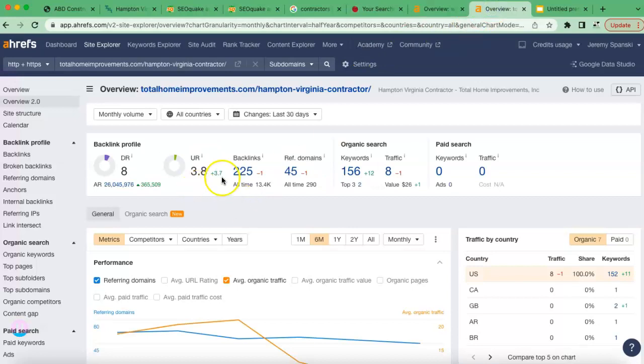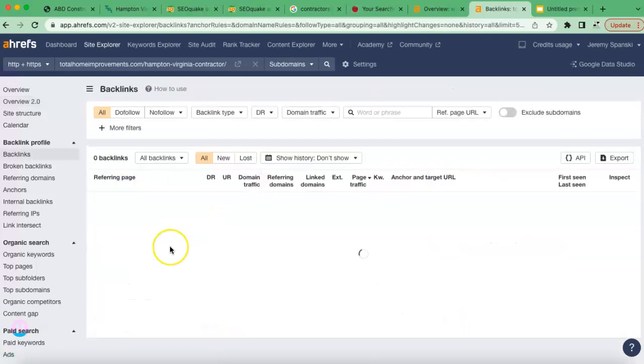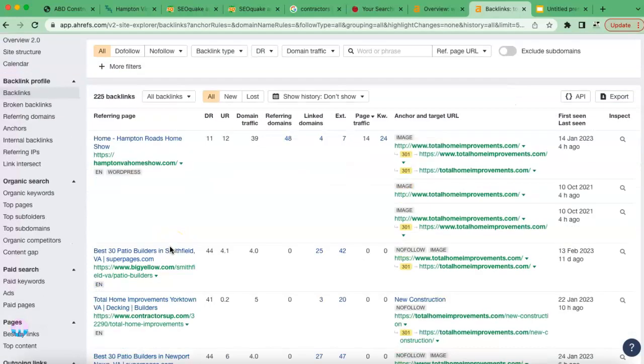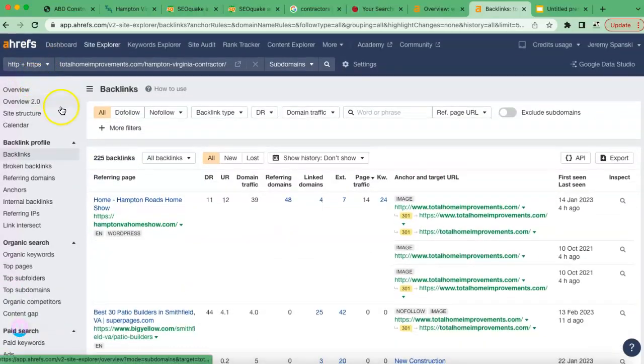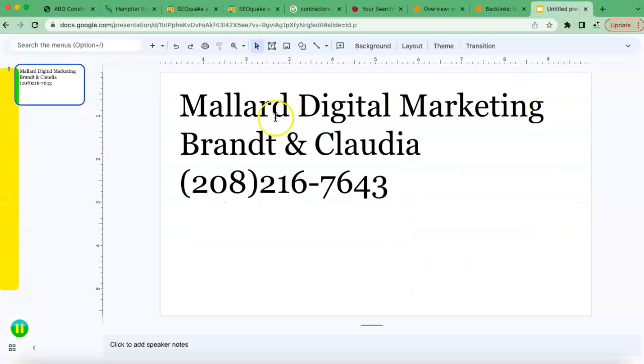If you look at your competitor here, you can see they have 225 backlinks. And what we usually do is we get several hundred to thousands of these backlinks, depending on what your competition is. And what's awesome is to start out with, we can just click on their backlinks and we can get all the good ones. So they're all listed out right here for us to grab for you if we were able to help you out. And those are just a couple of things that we would be able to do. So of course you can do these things as well. We have the tools to do it and are happy to help you out if you so choose to go with us,